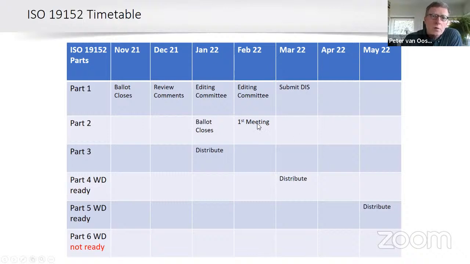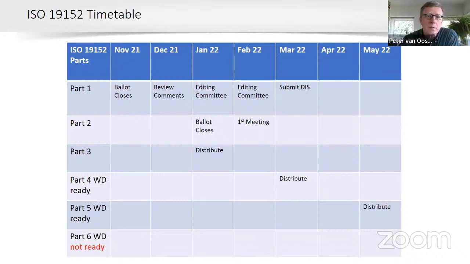And so we are most far with part 1. We are now at this status. For part 2, we created the working draft, we received the comments,